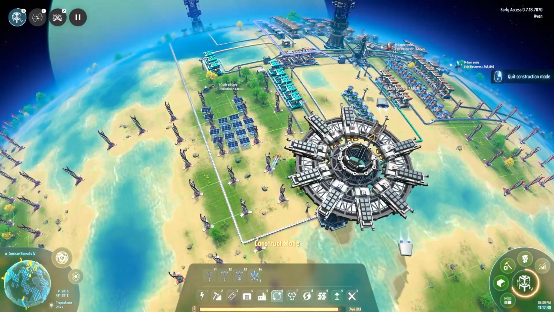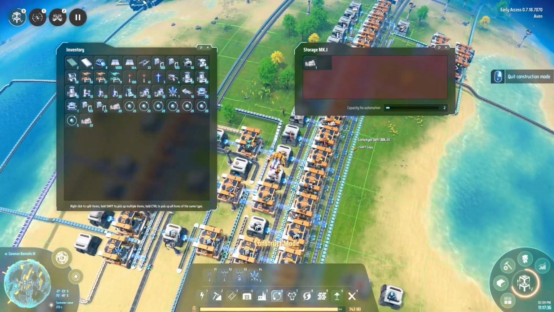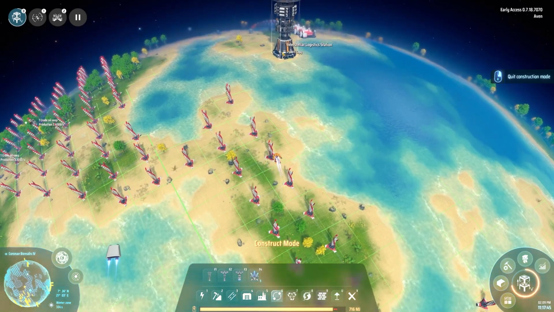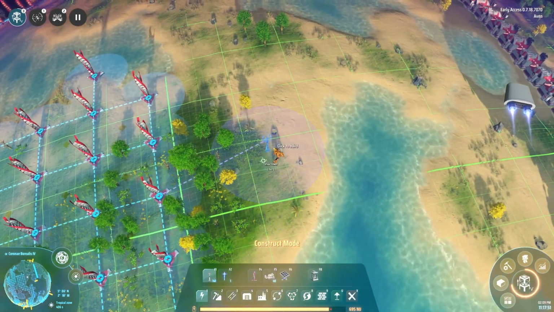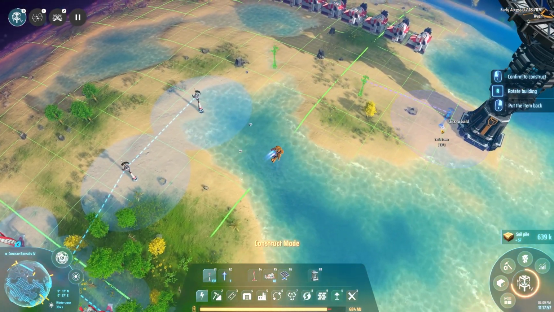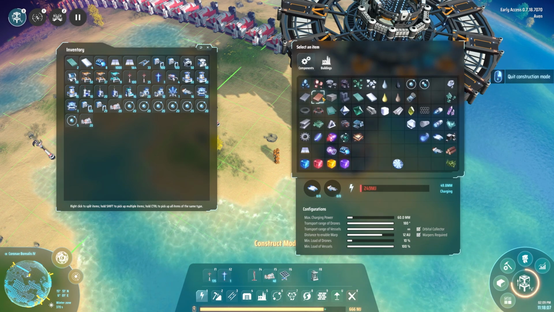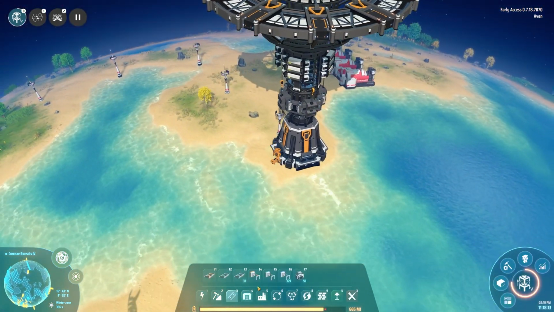Let's bring another row of these. Let's do 2. This is a very nice way, I'd say, to get power. We just need to electrify that one. There we go. This is probably enough. And then we go here. And you want the fire ice and you want the hydrogen. 10,000 is fine. Then we do...